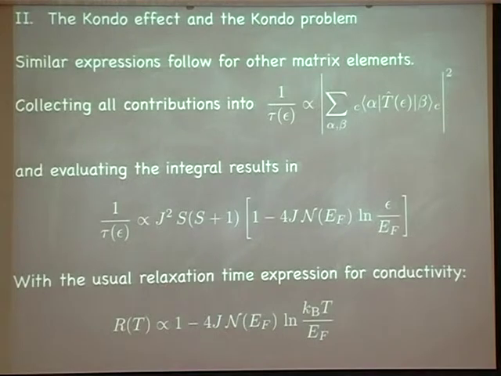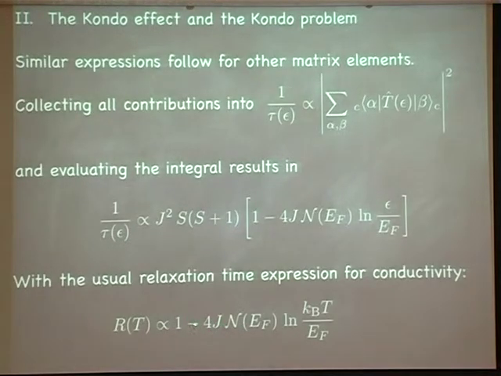I ignore all the prefactors, they are unimportant, which is proportional to 1 minus 4 times J times density of states at the Fermi energy times log of k_B T over E_F. And now you see two things. First of all, if J is negative, and remember my Kondo model was defined as band states plus J times spin-spin interaction. If J is negative, we have a ferromagnetic coupling. That is the old sd model. We have a ferromagnetic coupling, then this term, this is the wrong sign, I'm afraid. Come on. Yes, this is the wrong sign, it has to be plus.